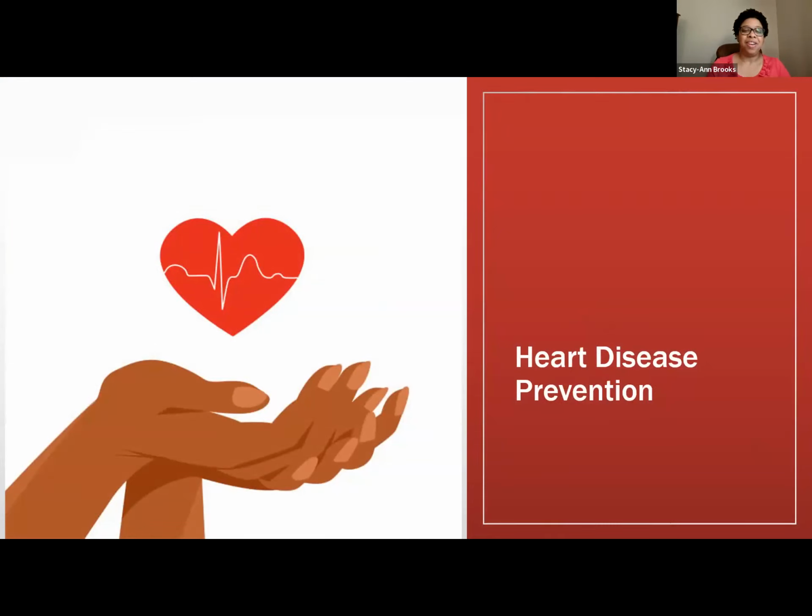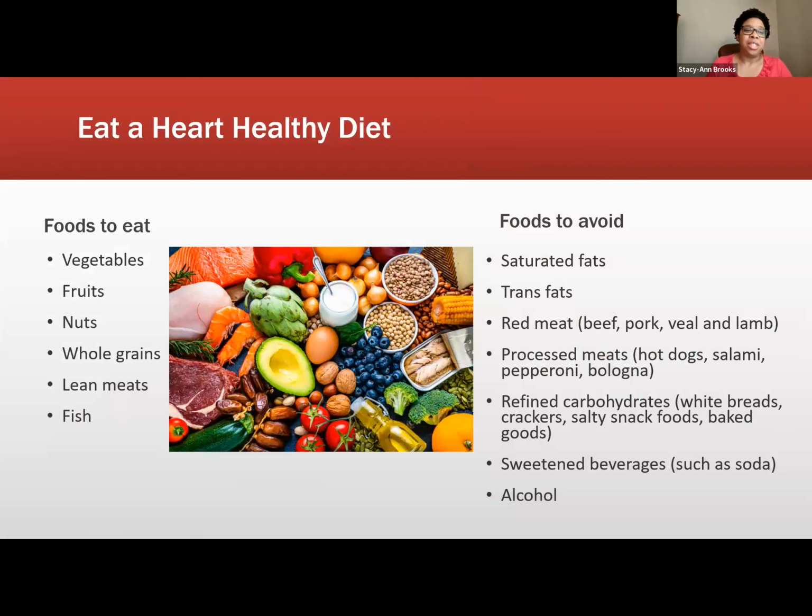So how do we prevent heart disease? Let's look at heart disease prevention now. Firstly, we should eat a heart-healthy diet. So foods to eat are definitely vegetables and fruits and nuts and whole grains, lean meats and fish. Our vegetables have a lot of antioxidants that help with our heart health, in addition to the fiber that's needed. That's for vegetables and fruits. All of these, vegetables, fruits, nuts, and whole grains, have substances that help. And the lean meats would include